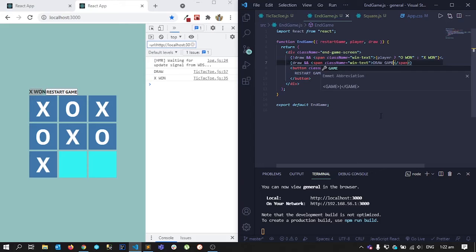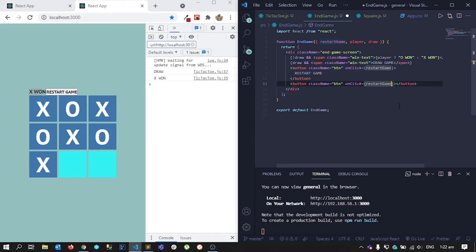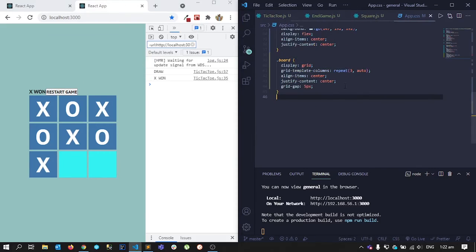Okay, and then we have another button, and this one will also have the same class name. Okay, so let's not add it for now. Let's just go ahead and style this. What we want to do is have this end game component fill our screen. So for that, let's grab the end game screen, and